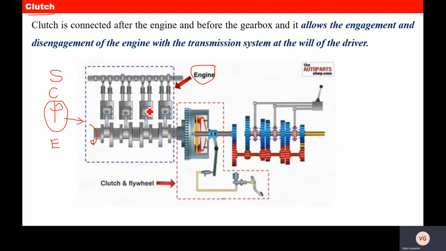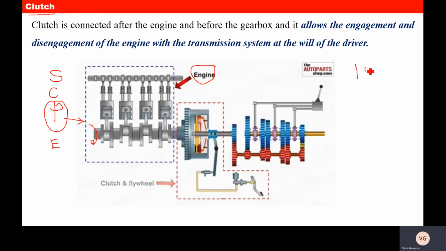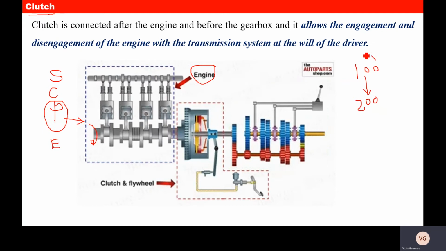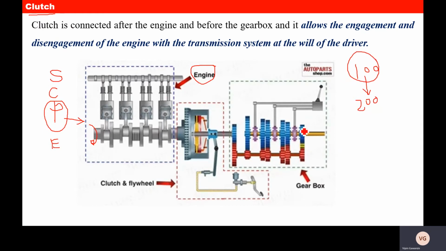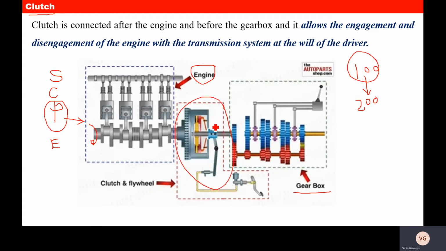Why are we using the gearbox? Because the rotation of the crankshaft produced by the engine is uniform. Suppose the engine is developing 100 rpm, and we have to convert that into 200 rpm. For multiplying the rpm of the engine, we use the gearbox. In between the engine and the gearbox, we have one device, called the clutch.